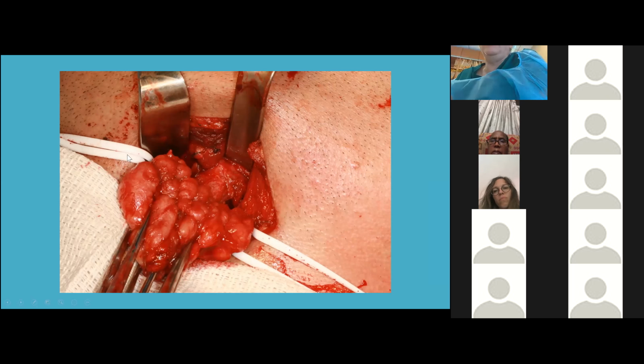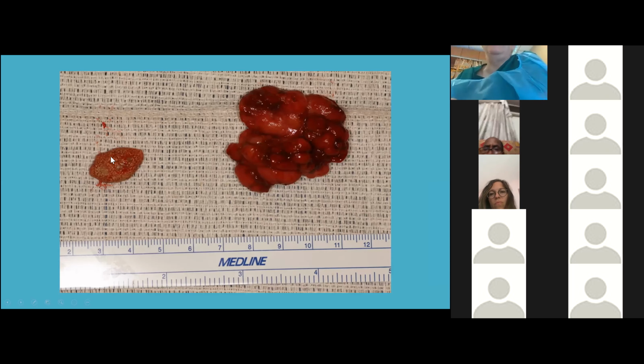And these vascular ties are around those structures. Here we can see the excised gland, very diseased, very nodular from chronic sialadenitis. Here you can see a very large stone, almost